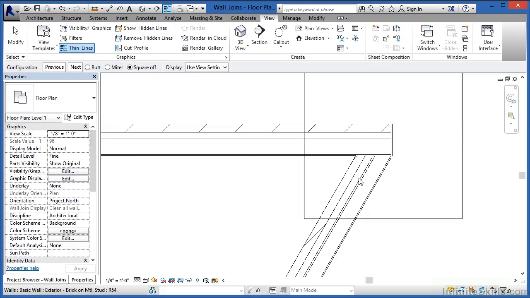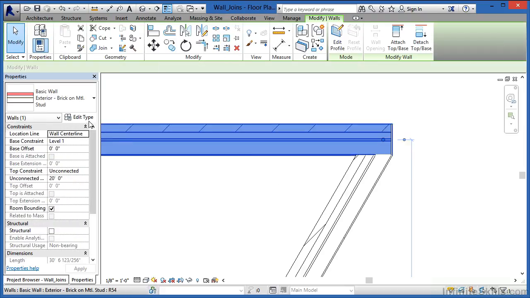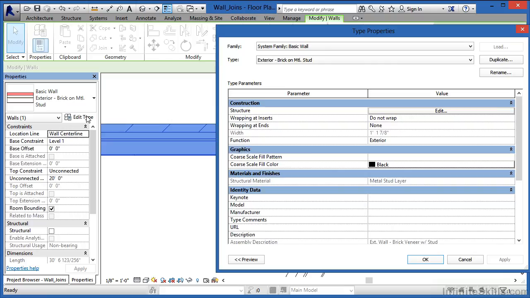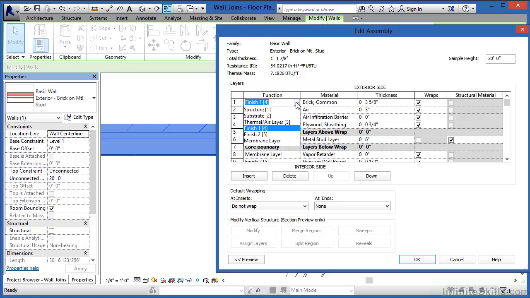The reason why we can cycle through these different properties here, and the reason why certain materials die and stop, and they never get the option whenever you click on next, is because of certain settings inside of the wall. Hit escape a couple times first on the keyboard, and now select on the wall. I can now go into edit type, and then if I go to edit structure of that wall, over here there's an option called function. Now in the function of the wall, there's some numbers. If we click in here and then click the little arrow next to it, we can see there's 1, 2,